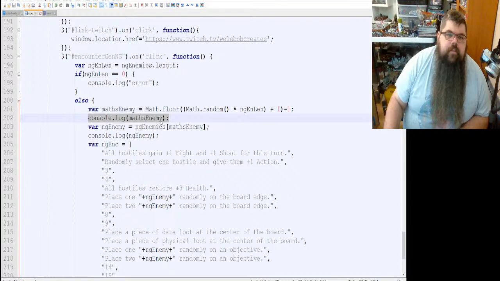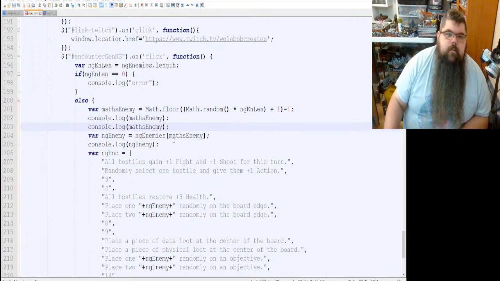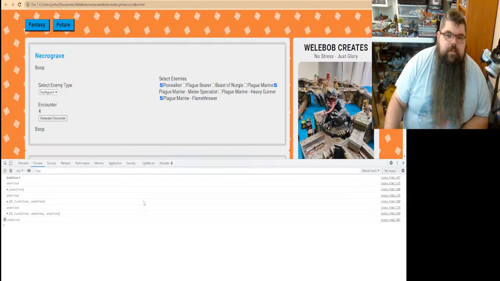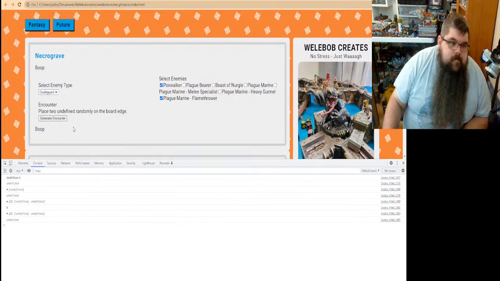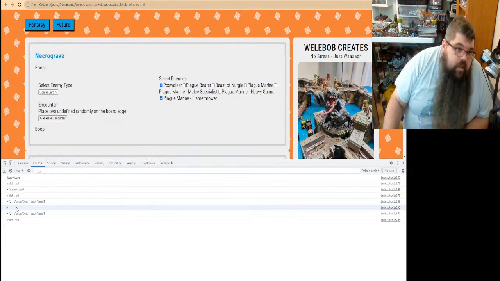So we'll check mathsEnemy and then we'll check ngEnemies, because there's some error somewhere. But we know ngEnemies works because the length is working there. We'll just double check it to be sure. Alright, so Poxwalker, whatever else, I don't care. Okay.